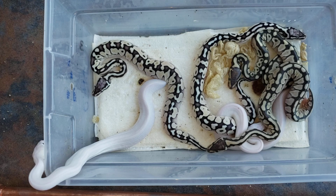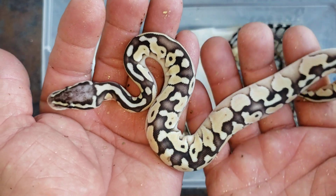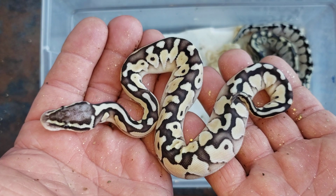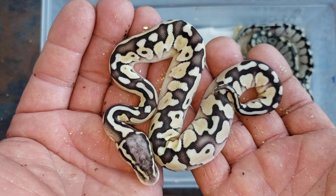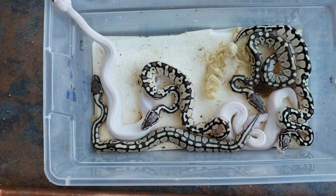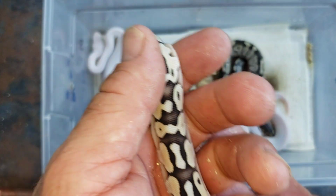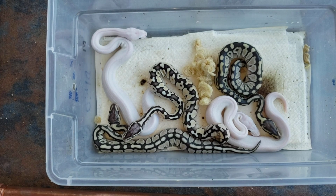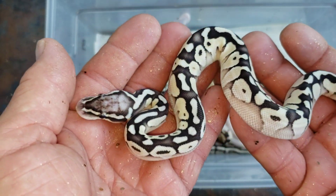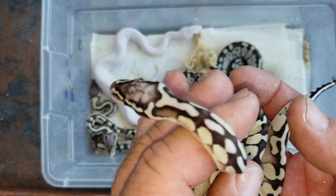Then you got these 2 guys, they're very bright. That's going to be a pastel. I'm going to say pastel butter right there. Very pretty snake. Cool markings there. And this is either the same thing or a pastel lesser. I don't know, man. These are weird looking. Like, get out of here. Very clean looking,